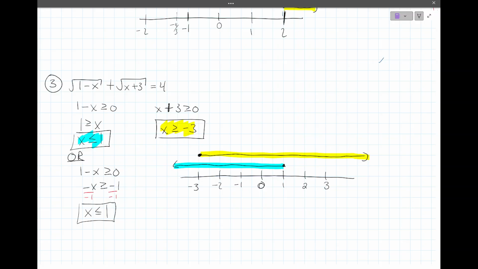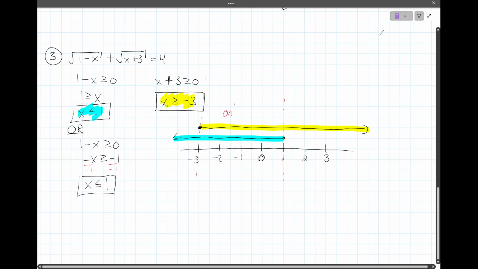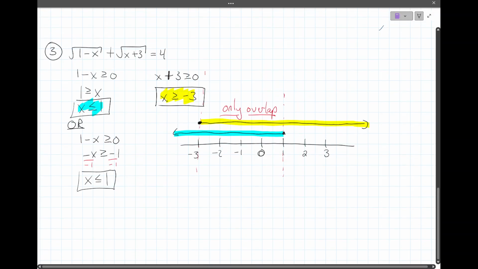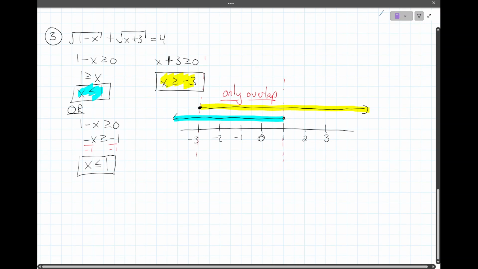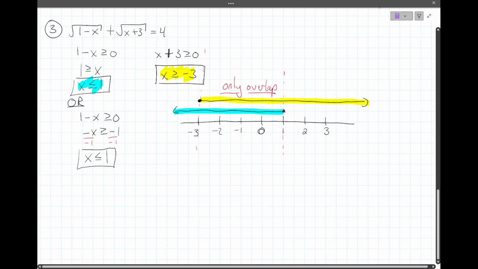But the only place where I have significant overlap is happening between 1 and negative 3. So for this, only the overlap matters. If I have several restrictions, I can only use the overlapping restrictions here. And we get a better idea of this later as we go on. We call this domain. But for now, we're going to consider overlapping things on the number line, what's allowed, what's not allowed. So when we look at this overlap, we're going to consider